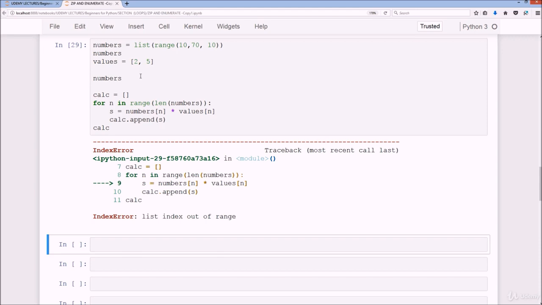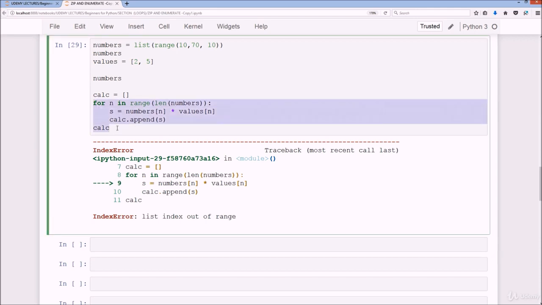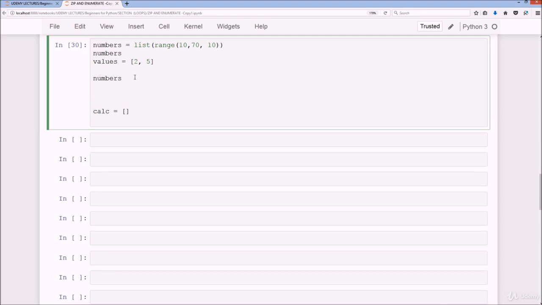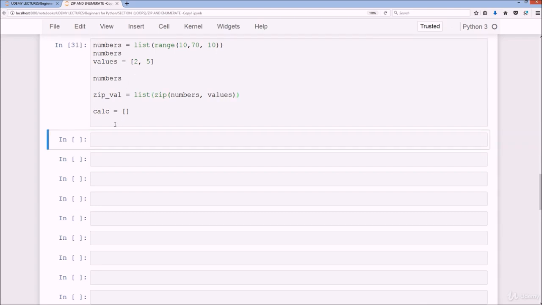So we have a bit of a problem here. There's a way to remedy this potentially, and that is if we were to simply delete this code here for starters, and we do the zip. So what we do is zip val equals list zip numbers values. We run that, and then if we take a look, zip val,